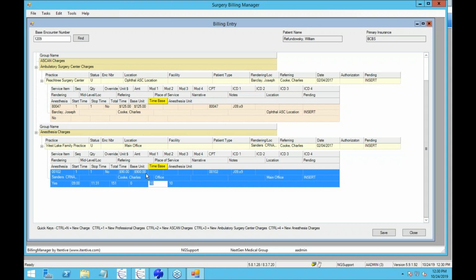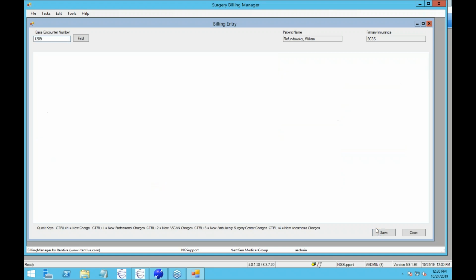Everything in here right now, aside from the base encounter, is just in memory. We haven't written it to NextGen, so if you decide that there's something you want to change or pull out of here before it's written in NextGen, you can do that. But when you're done, you just go ahead and click the Save button, and now it'll create those encounters,